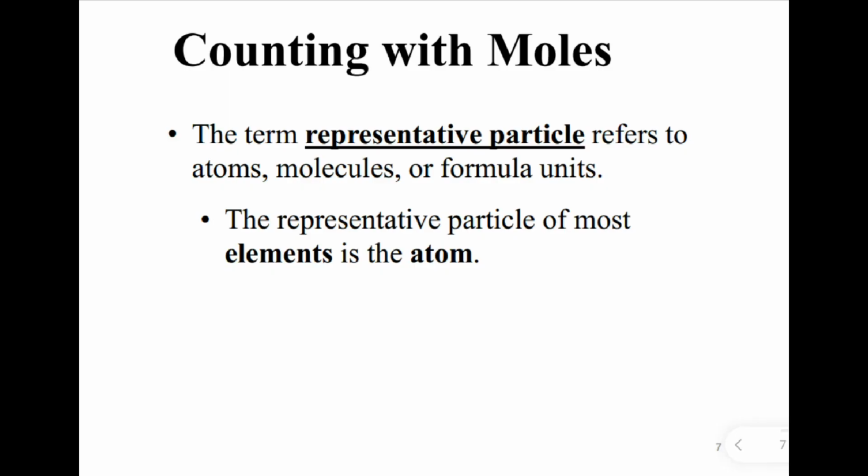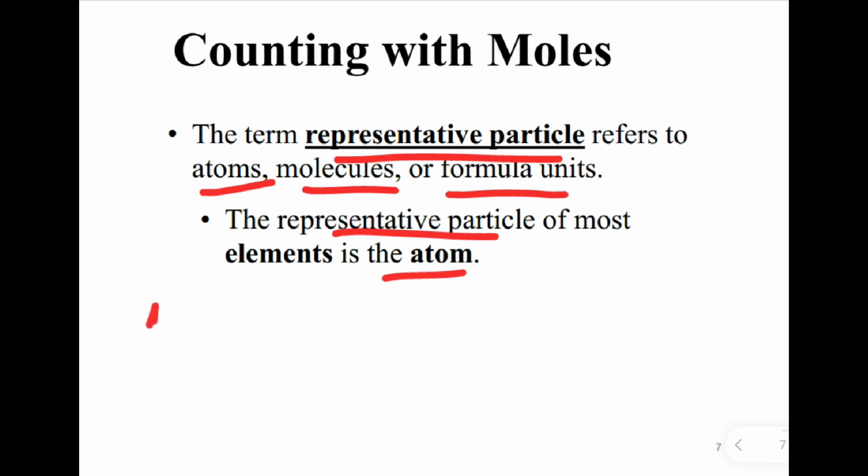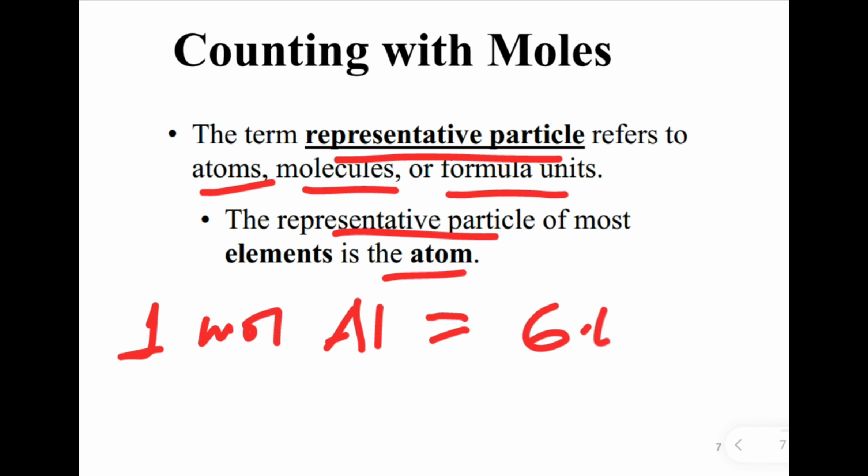So the term representative particle refers to atoms, molecules or formula units. ስለዚህ representative particle ስንል ምን ማለታችን ነው? አተም ሊሆን ይችላል፣ ሞለኪል ሊሆን ይችላል፣ ፎርሙላ ዩኒትስ ሊሆን ይችላሉ፣ አይንስ and so on. ሌላው the representative particle of most elements is the atom. ስለዚህ የኤሌመንት ሪፕሬዘንታቲቭ ፓርቲክሉ አተም ነው ማለት ነው። meaning 1 mole of aluminum contains 6.02 times 10 to the power of 23 aluminum atoms ማለት ነው።